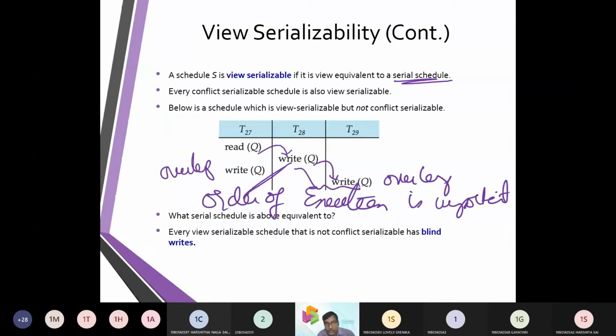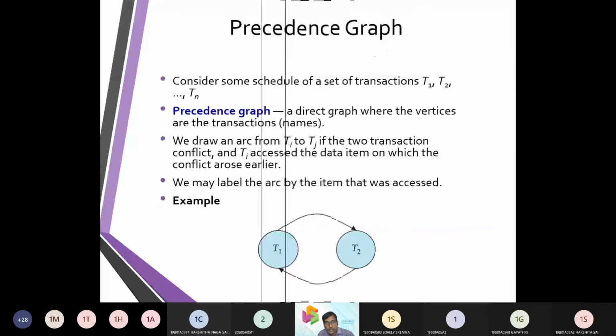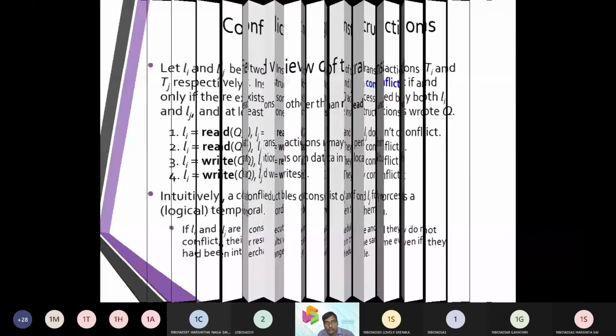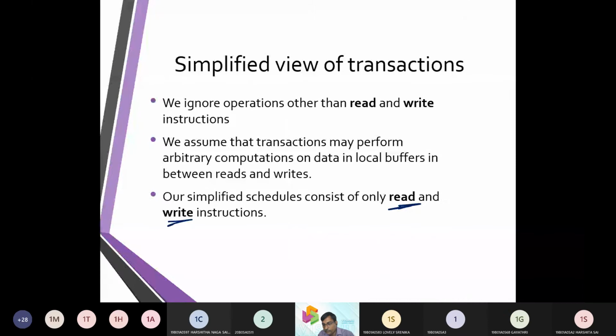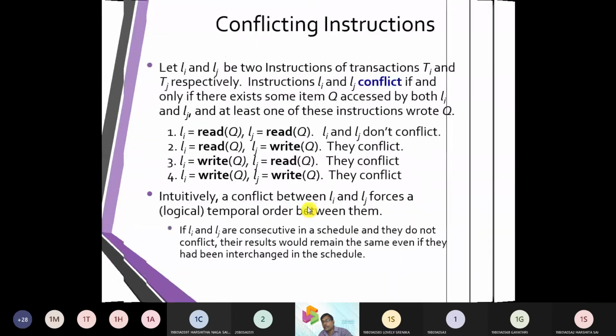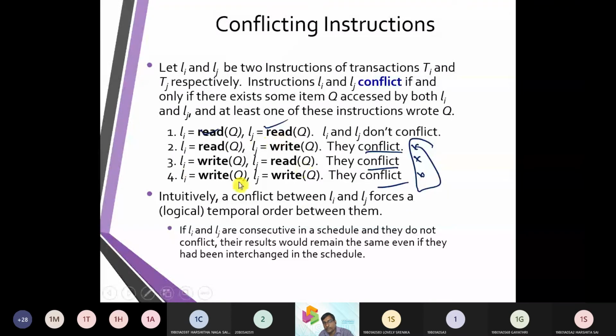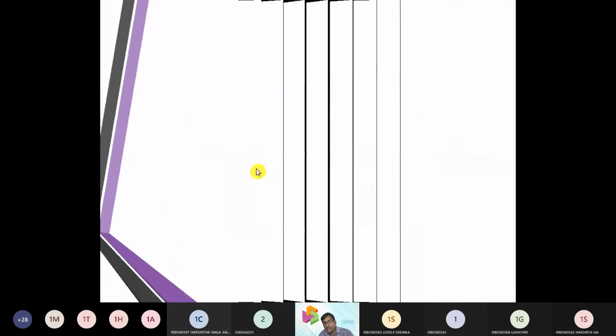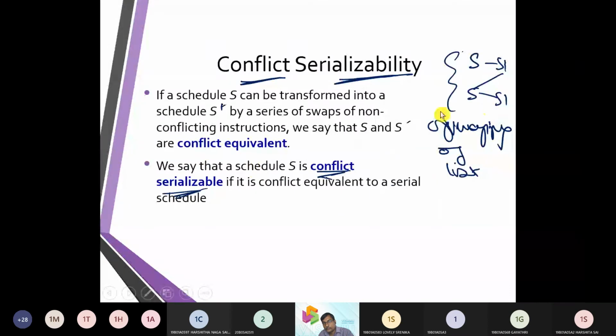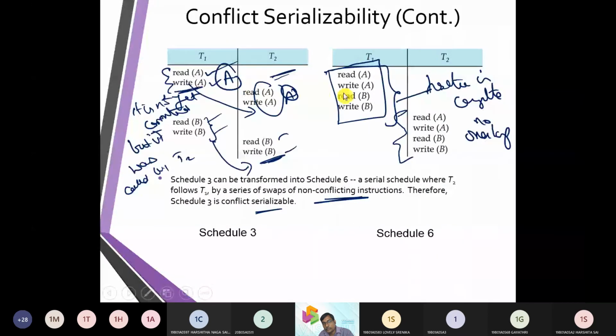So we just talked about operations which are related to serializability. The main things serializability looks at are read and write. Multiple reads will be encouraged, the rest of the things will not. One after the other is okay, but if they overlap, then there will be a conflict. So the solution was: whatever the steps in transaction 1 are, you complete them, bring it to the server, and then give the next set.